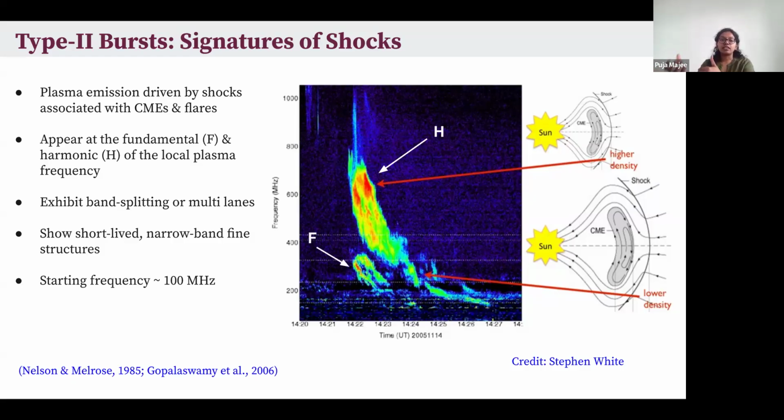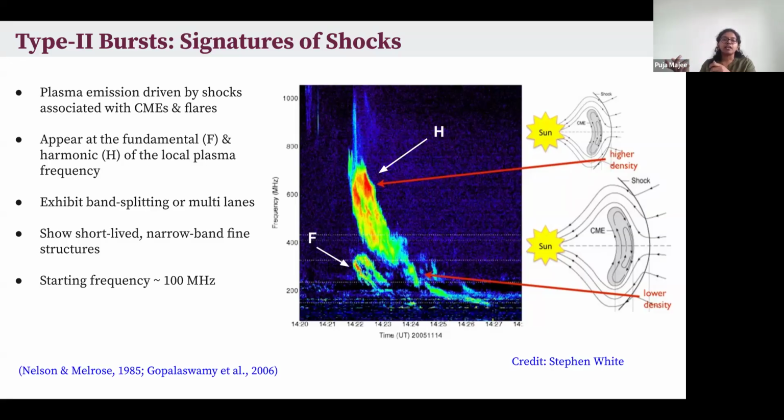These non-thermal electrons excite Langmuir waves, which convert into plasma emission at the fundamental and the harmonic of the local plasma frequency. Two important things: one, these are plasma emissions related to the local plasma frequency, which means the local electron density,